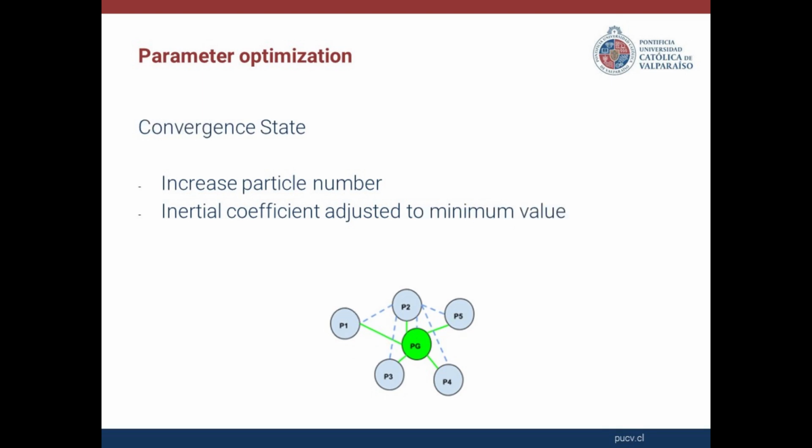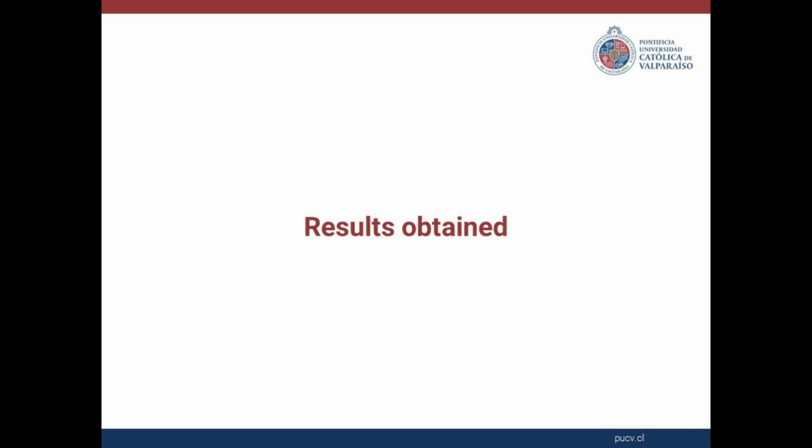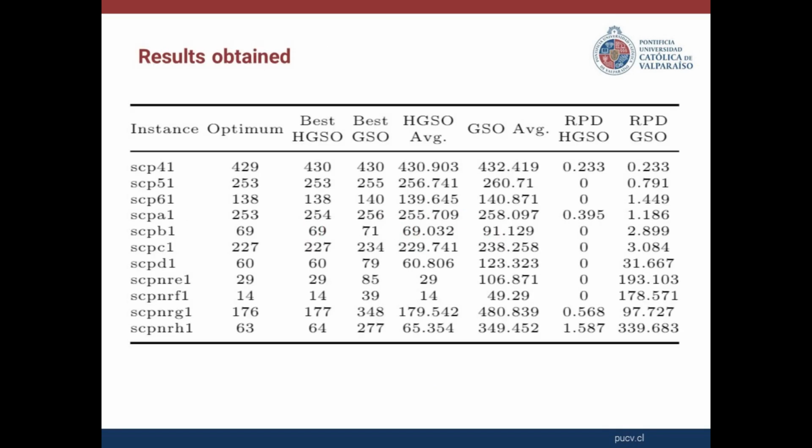In the convergence state, we will increase the number of particles and decrease the inertia coefficient to a minimum. In the jump out state, we will decrease the number of particles and increase the coefficient of inertia to the maximum. The results obtained show a good behavior of the algorithm compared to the original algorithm. As the instances of the set covering problem contain more variables, the difference between the two algorithms becomes more noticeable, which shows that the adjustments made to the parameters allow the algorithm to find better areas in the search space